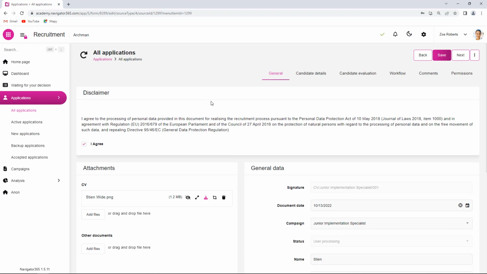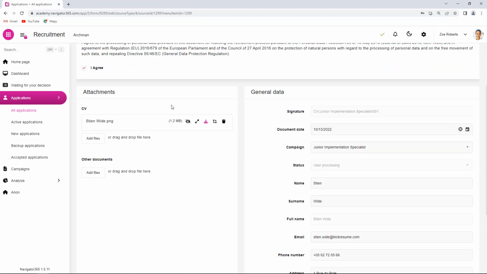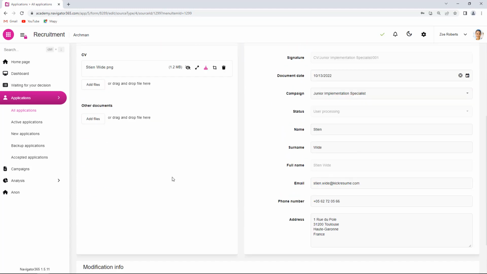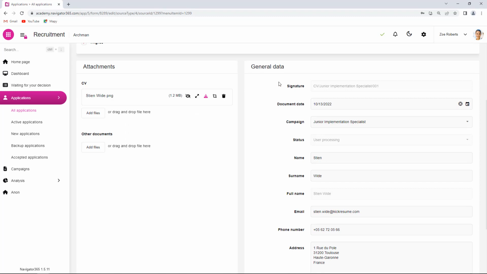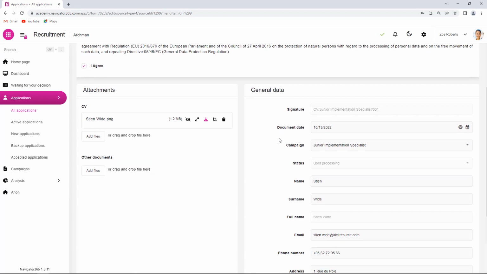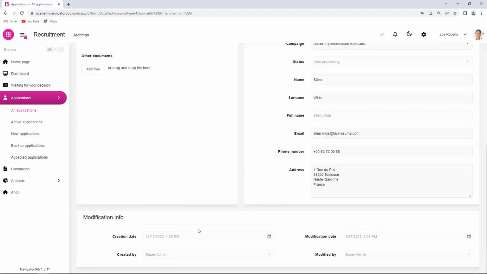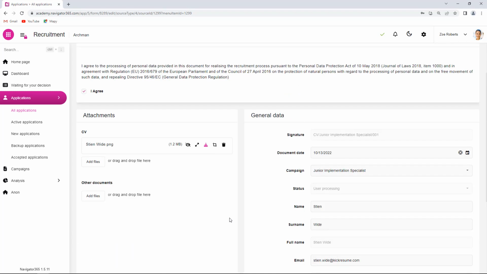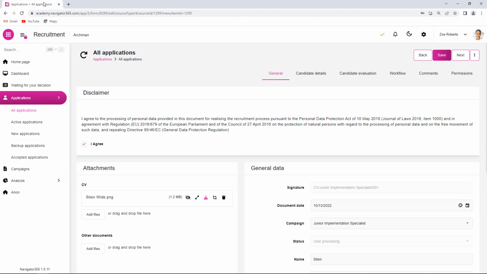So have a look, the first group is very wide, and then we have this group of attachments. At the moment it is half empty. However, the group of general data has quite a lot of fields in here. And we have this group, modification info, at the bottom, which maybe it's not even necessary to see for most of the users. So if I now maybe duplicate this and I